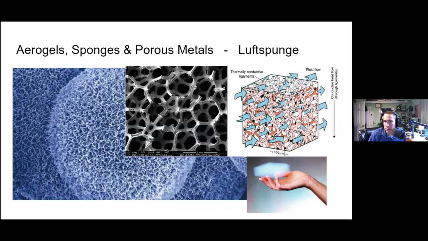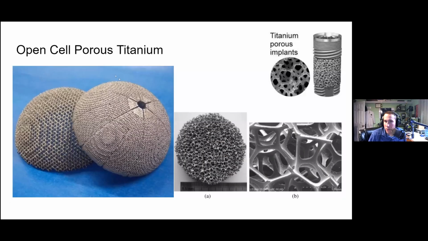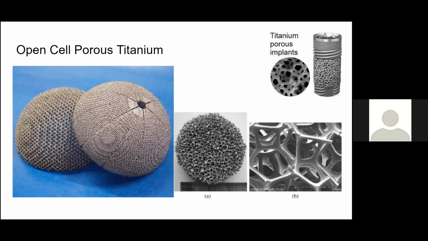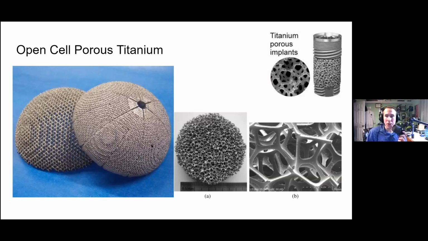These kinds of aerogels and aerosponges, including open cell and porous titanium, are super interesting to research because they can pass air through them, and you could also possibly electrically charge these surfaces in different layers by printing them of different materials of different conductivity. So there's a lot of research that still needs to be done in these types of materials in aerospace. I think there's a lot of research that's being done, but not all of it is public knowledge yet at this point.